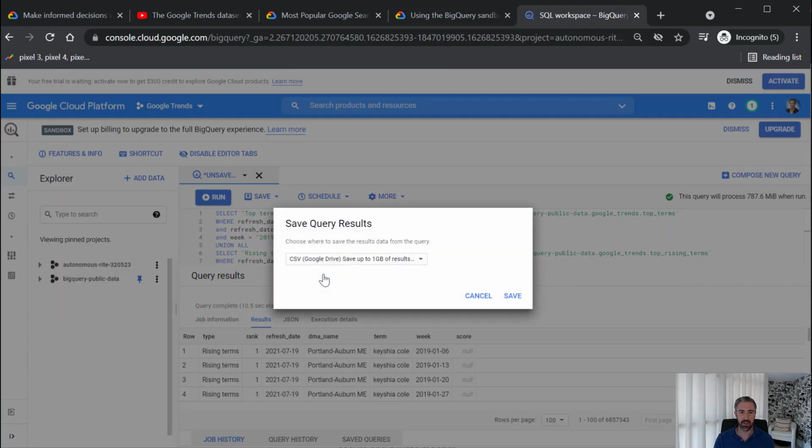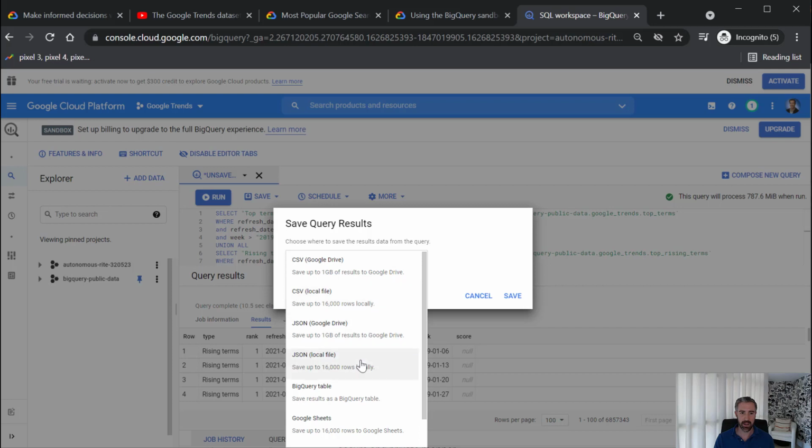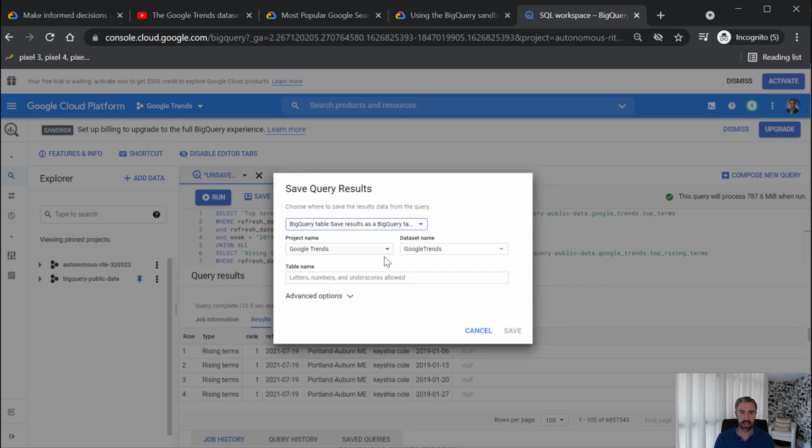Now the last thing that we have to do is to save the results in a table. I could download this data and play with it in Excel, but what I'm gonna do is save the data in a BigQuery table. In this case, you put the project name, Google Trends. I built a new data set, Google Trends, and then the table name is gonna be, in this case,